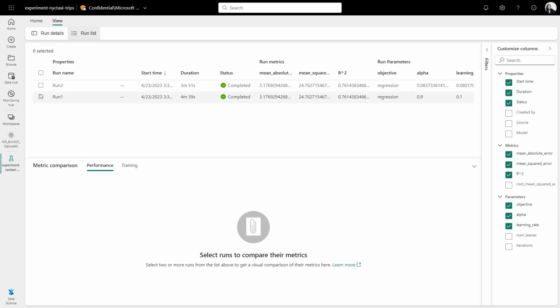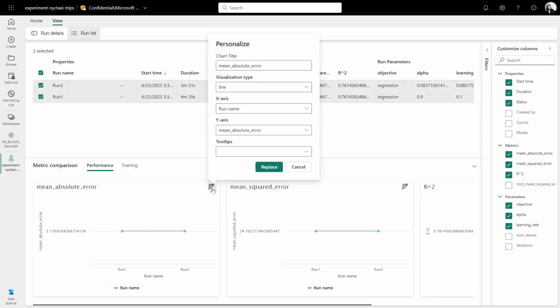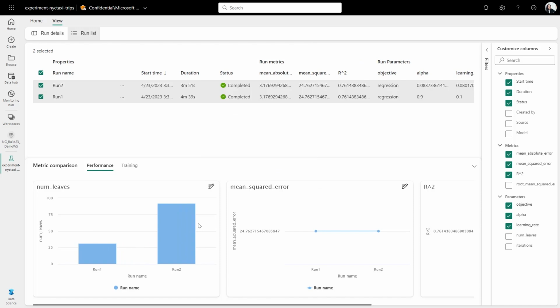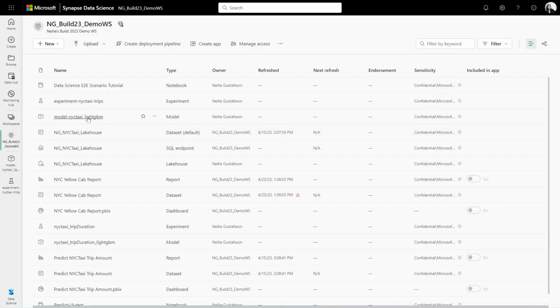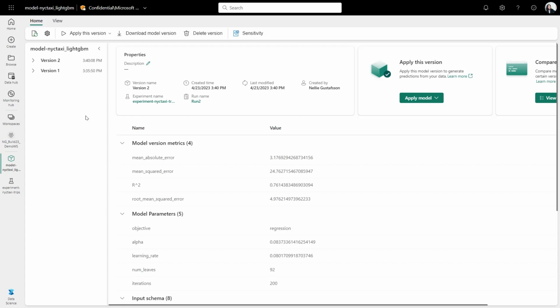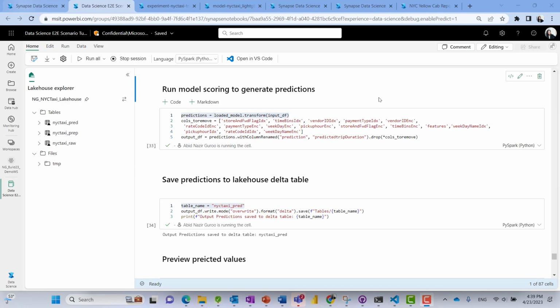We can also filter runs in a list and compare different runs and customize charts. This makes it easier to evaluate different runs. Similarly, we can take a look at the model item in our workspace. Here, we see two versions of models logged from our notebook. We can see how we can apply models through various experiences and even copy the code for using a model in a notebook. Here in the notebook, we can run model scoring and save the predicted values in a lakehouse